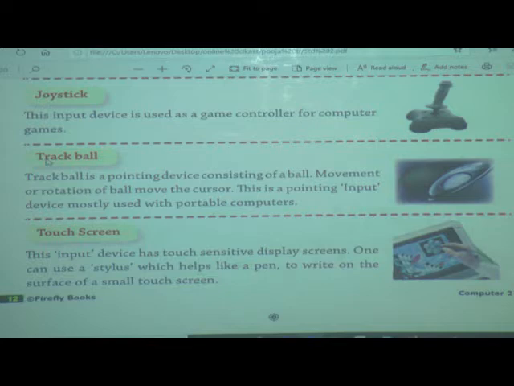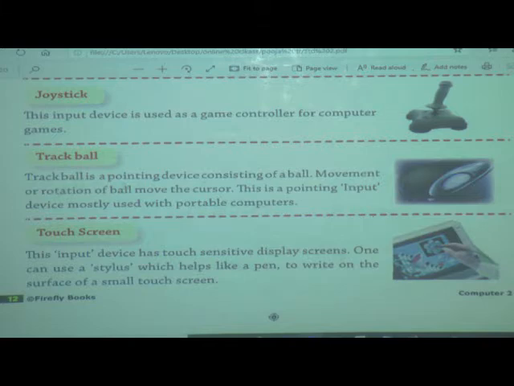Next, trackball. Trackball is a pointing device consisting of a ball; movement or rotation of the ball moves the cursor. It is a pointing input device mostly used with portable computers.